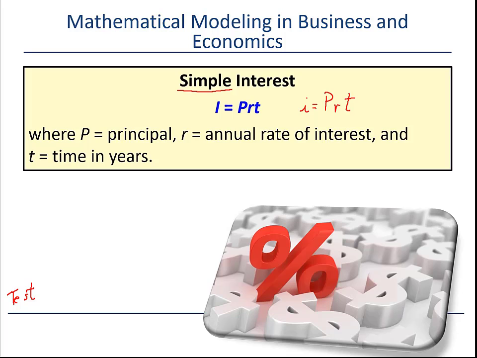So we're talking about money, of course, usually, and I is the interest. That's how much we get because we invest this number of dollars, called the principal. Notice that that's P-A-L for principal as in interest. R is the annual rate of interest as opposed to monthly rate or some other rate. And T is the time, and also make a note here, it's